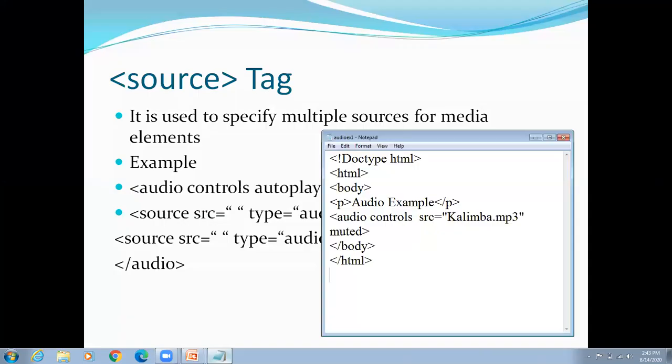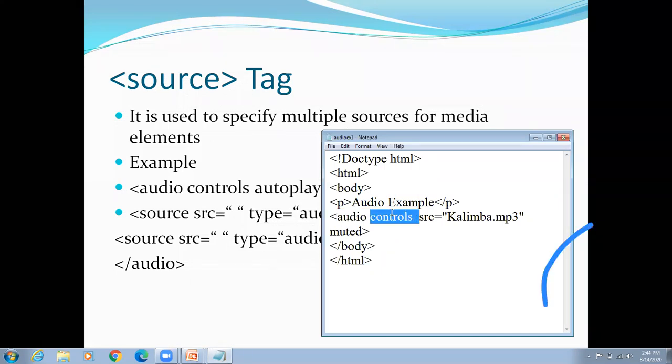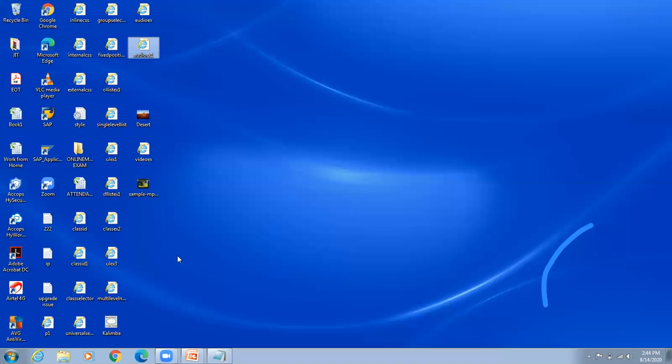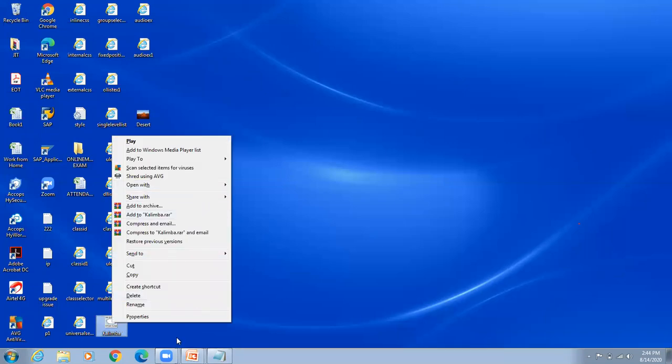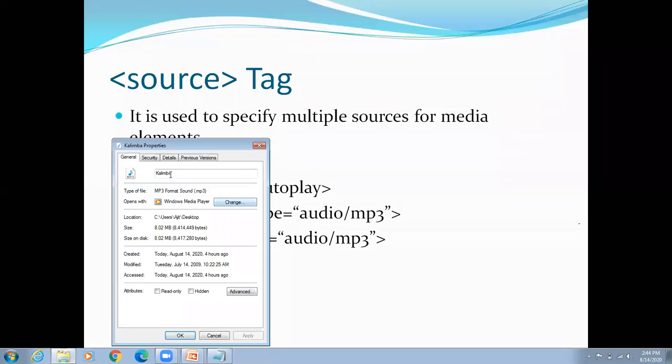Now what is the code inside this HTML5? Doctype HTML, HTML tag, body tag, this is audio tag. Okay, controls is an attribute. Next, src is equal to the file name dot mp3. How to find this? We just go to this audio file, right click, go to the properties, copy the name.